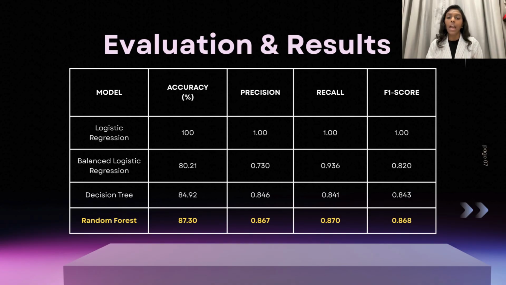real-world deployment. After feature selection, the balanced logistic regression achieved 80.21% accuracy, while the decision tree improved to 84.92% accuracy. Among all the classification models, random forest produced the best overall performance, achieving 87.30% accuracy, 86.7% precision, 87% recall, and 86.8% F1 score. This demonstrates its strong ability to accurately detect fraudulent transactions while maintaining balanced performance across all evaluation